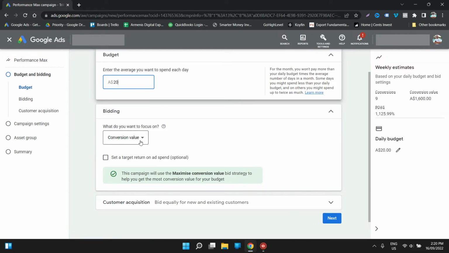What do we want to focus on? We don't really have many options: conversions or conversion value. Conversion value, you're going to select if you are optimizing for conversion value. I know I said earlier you can optimize for conversions as well. I said conversion value. It is always actually good, even if you're doing lead generation, to have conversion value as